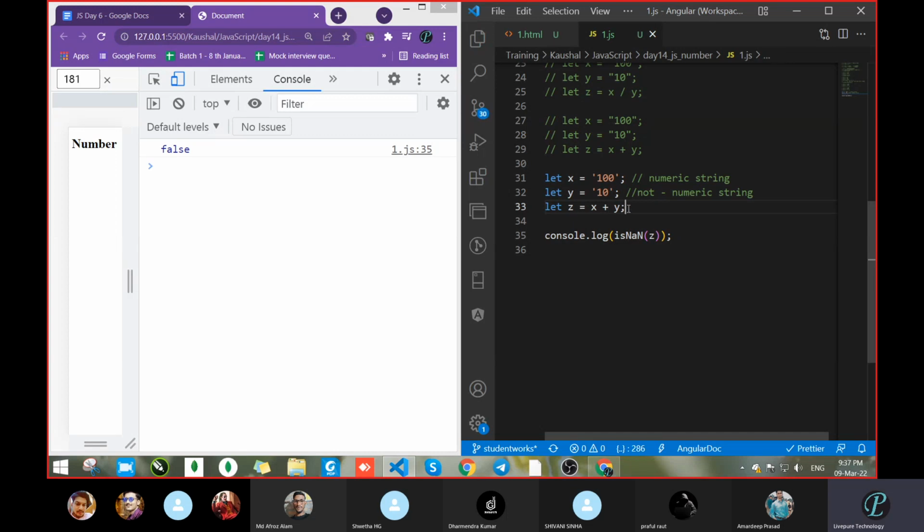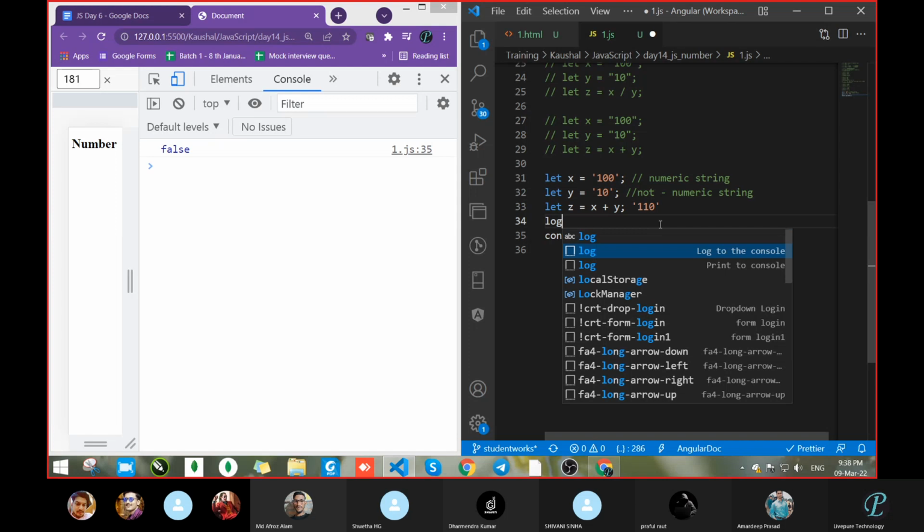Correct? Because it is giving you output like 110. But it's a number, a string? No, sir, 10. Now this is a number. But what are you taking in the question? See, is it not a number? Okay, it is a string. Yes, sir, it's a string. That is not a NaN. Output should be NaN. Then only you can tell that it's not a number.